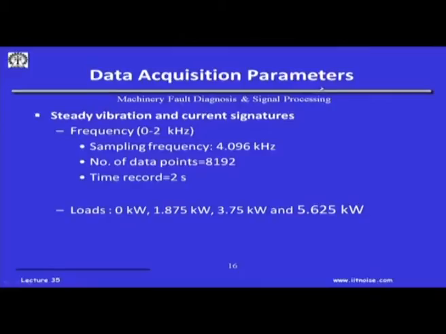So, some of the data acquisition parameters we studied: our focus was 0 to 2 kilohertz, sampling frequency was 4.096 kilohertz, number of data points was 8192, time record was 2 seconds of data which we took, and then we applied no load, the full load was about 5.65, half load, quarter load, etc. And then we measured the current spectra and then did a lot of signal processing to find out the defect